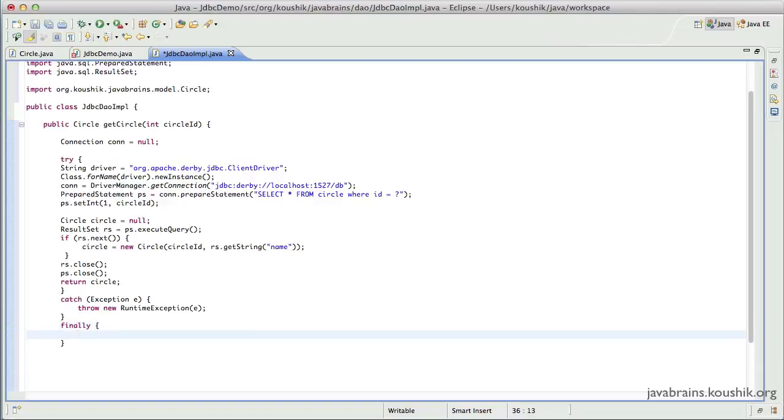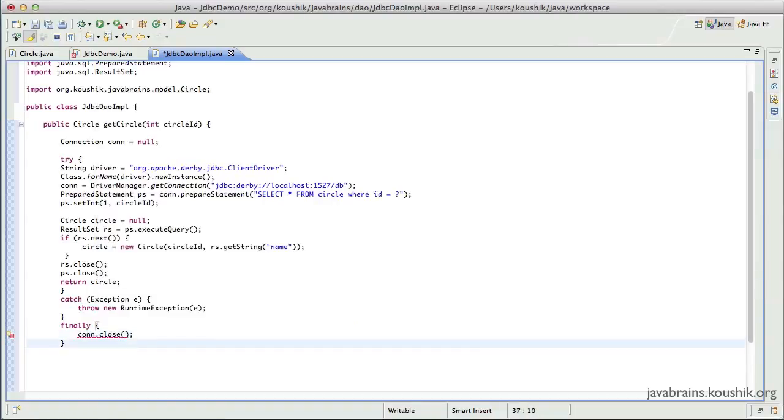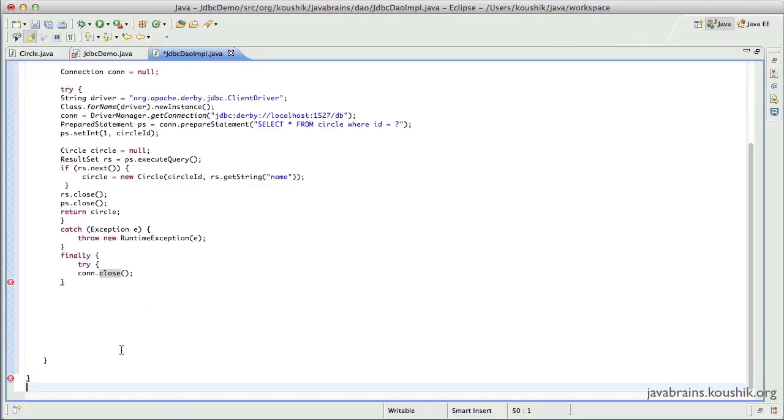Finally, and connection dot close. Now here's another problem. Connection.close also throws a SQL exception. So even though I put this inside a finally, I cannot just leave it as it is. I need to include a connection.close inside a try catch block. Another big pain point. So I will use a try here,